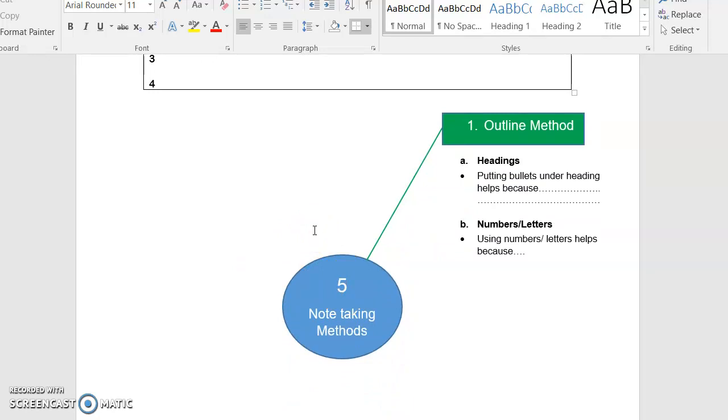I showed them the mind map on their notes, and I said that I'd started out the mind map for them, that the first stop was talking about the outline method of note-taking style, that I'd written in some of that for them, that they could fill that out a bit more as an example. But when they came to the second note-taking style, they would have to draw a line here, put in a major heading, and just take a couple of notes about what was said in that second one, and so on, until they'd filled in a mind map.